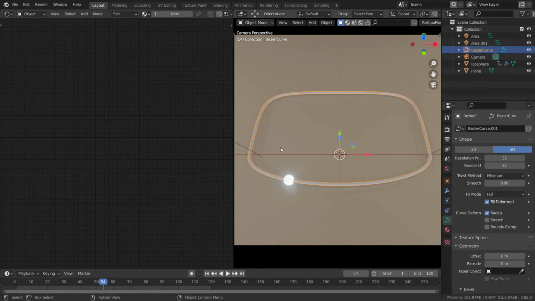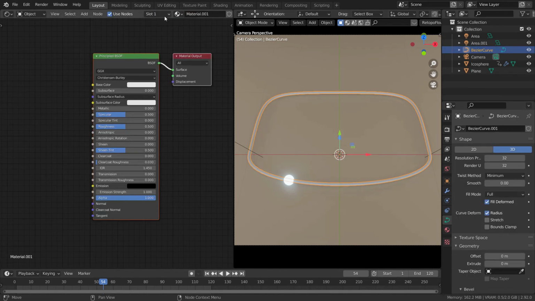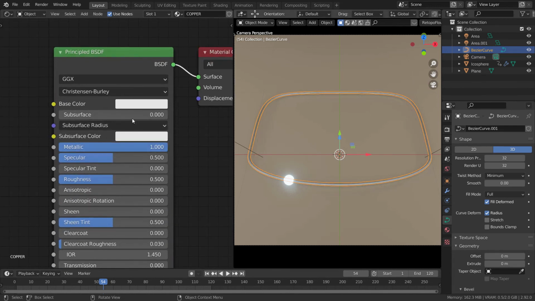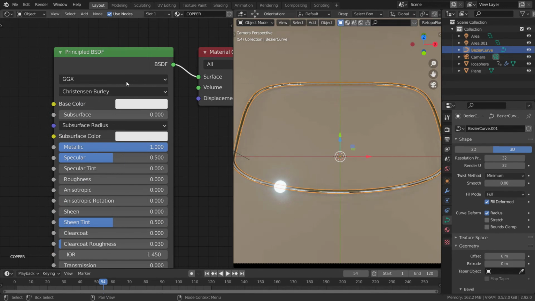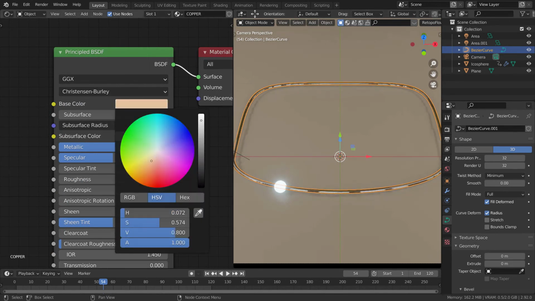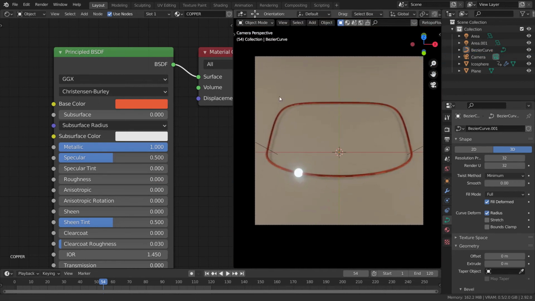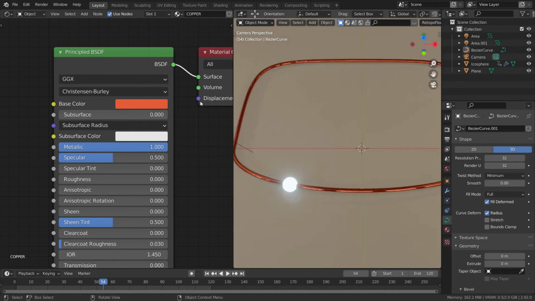And now let's make our copper material. So for copper, let's make a new material and let's name it copper. As this will be my copper wire, you can name it anything you want. I will just go on full metallic and zero roughness. And as this is white, I don't want it white, I want it a little bit copper-like. So this color will work great for the copper. You can also Google the copper color and just directly plug that in there.